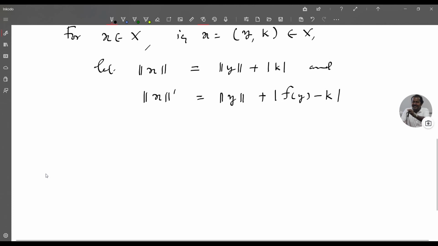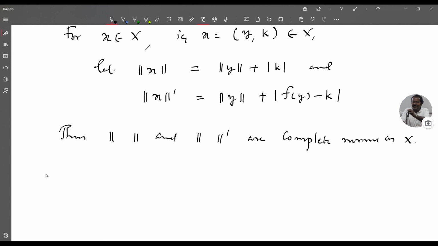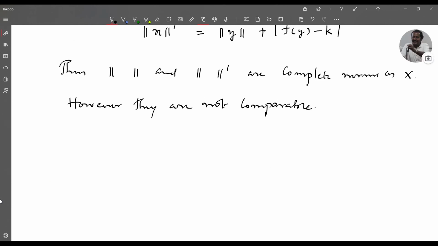Then norm and norm dash are complete norms on X. However, they are not comparable. We are going to show that they are not comparable